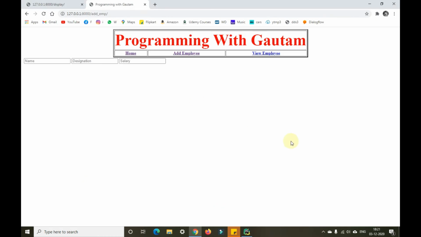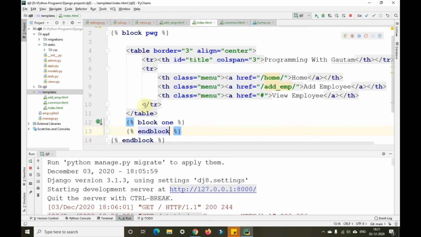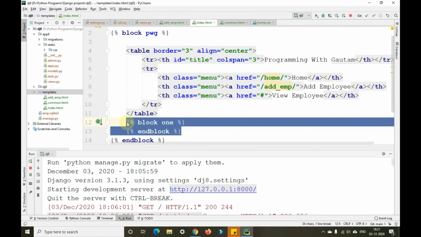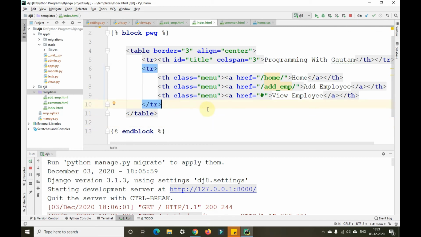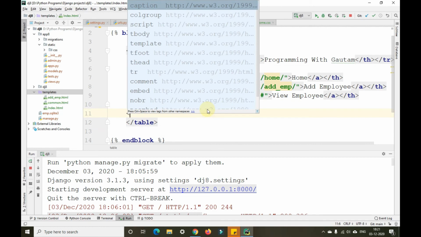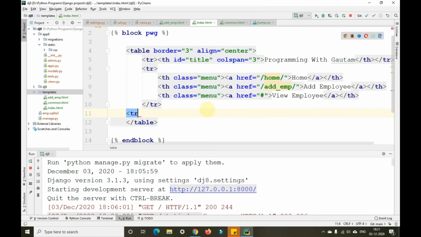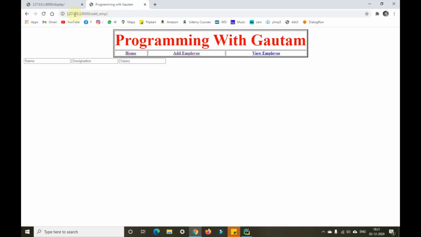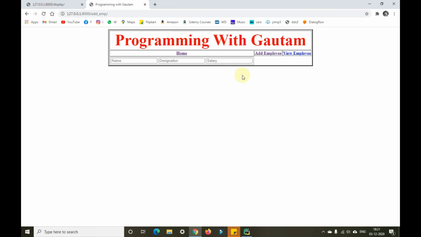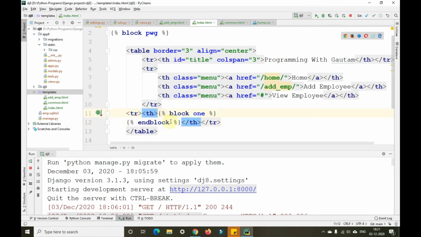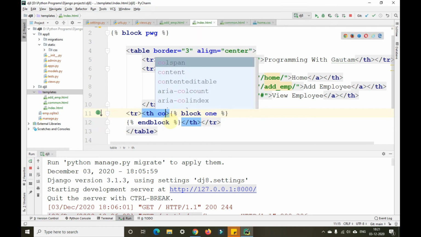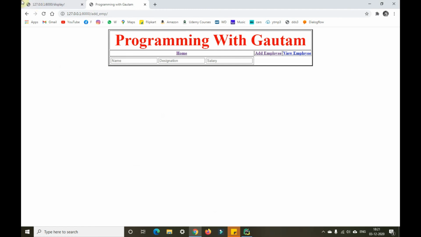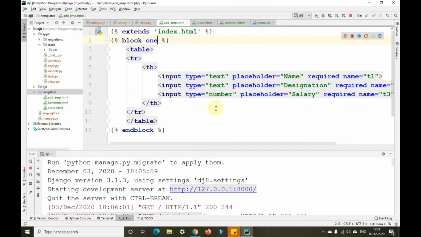The reason it is not coming properly is we need to write this block tag within the table row here. So I'll open a table row and a table header, table row and another table header. In this particular thing, I'll write this block tag and then just refresh this. It will be coming nearly. We need to change this to colspan as 3 here. Okay. So we have written everything in a single line, so that is the reason we have got it like that, guys.